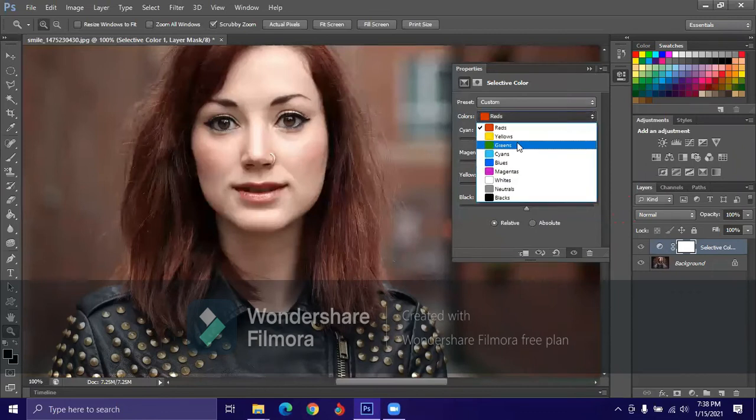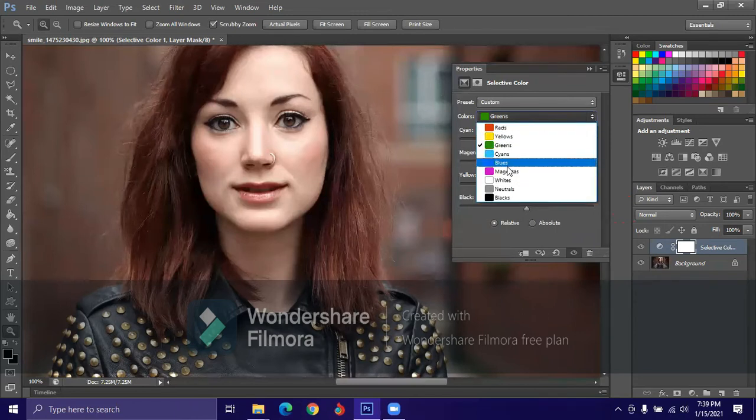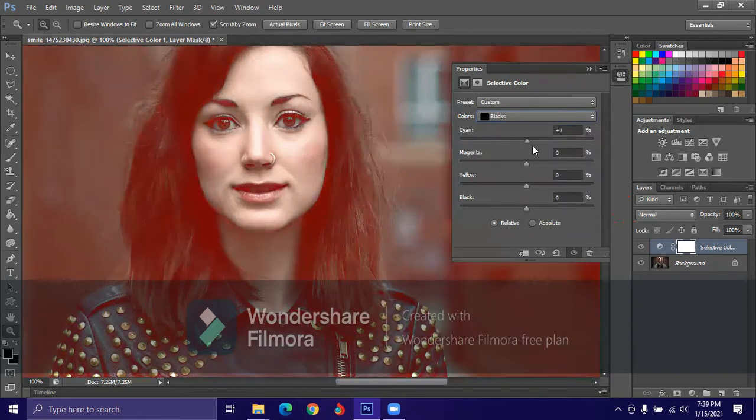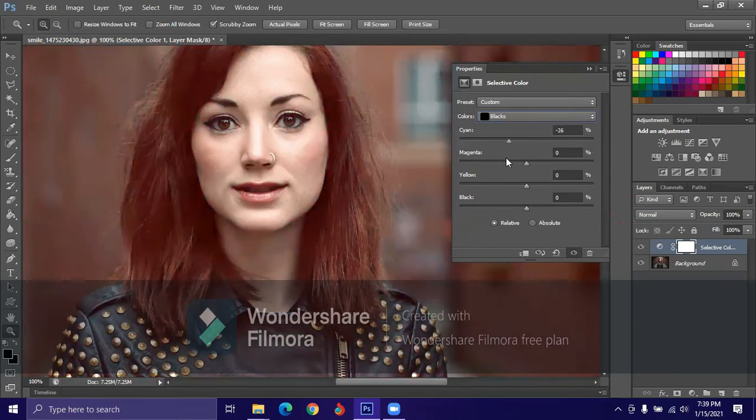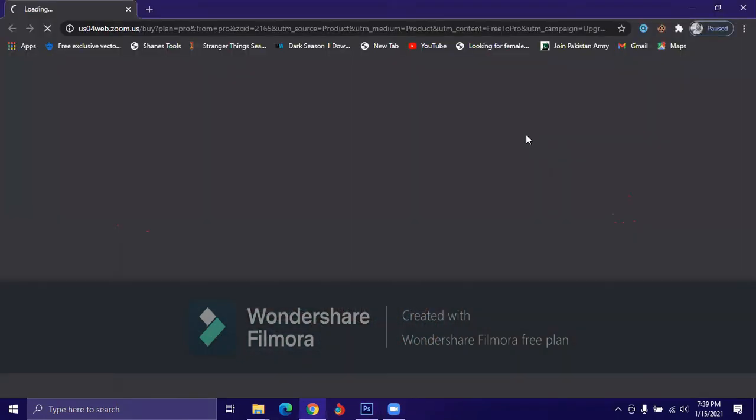Let me switch to greens. If there are any greens, it will modify the green colors in that photo. So basically, if you want to select a single color in a photo and adjust it, you can use selective color. I want black, I selected black. You can see these are the blacks. If I modify them,